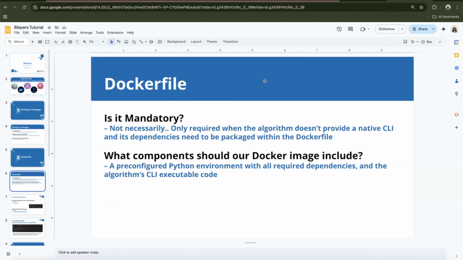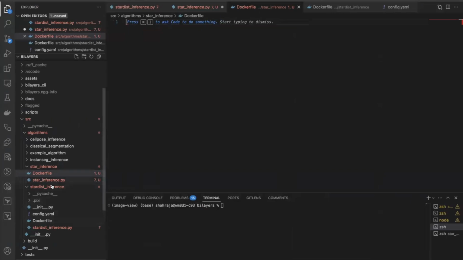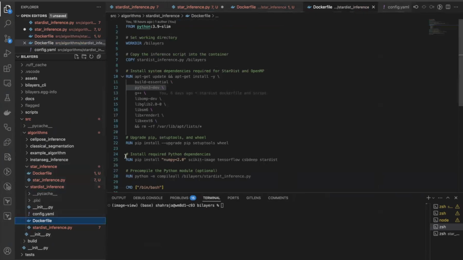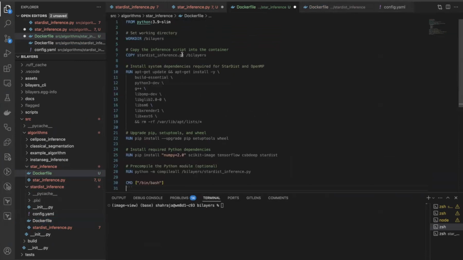Do we always need one Dockerfile? Again, no. If we have a Dockerfile that has a pre-configured Python environment with all the algorithm's dependencies and the algorithm's CLI executable code, then definitely we can use that. But for starters, we don't have one. So again, I'm making a Dockerfile, just copy pasting stuff from an already built one. And here, since our file names are like star inference,